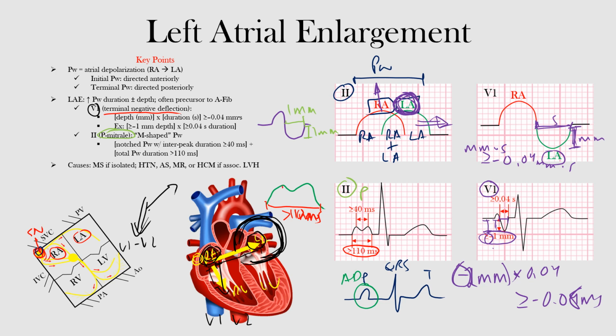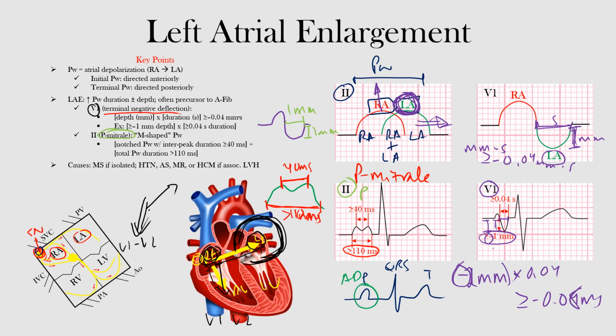So we're saying that the peak from this peak until this peak should be at least one small box, or 40 milliseconds. Okay, so this is called P mitrale. And we're saying again the duration of the P wave is greater than 110 milliseconds, so about 3 small boxes, as well as the duration between these peaks, the interpeak, should be at least 1 small box, or